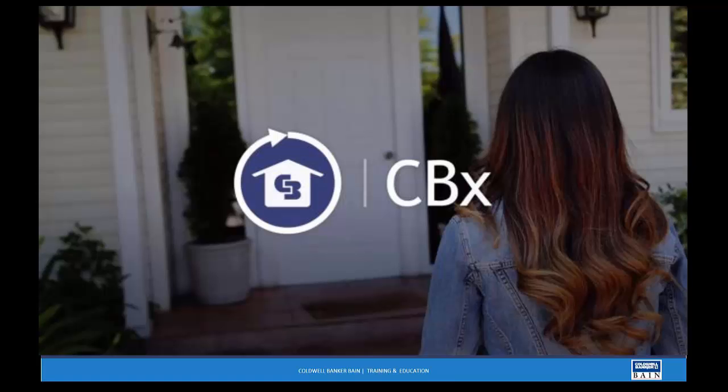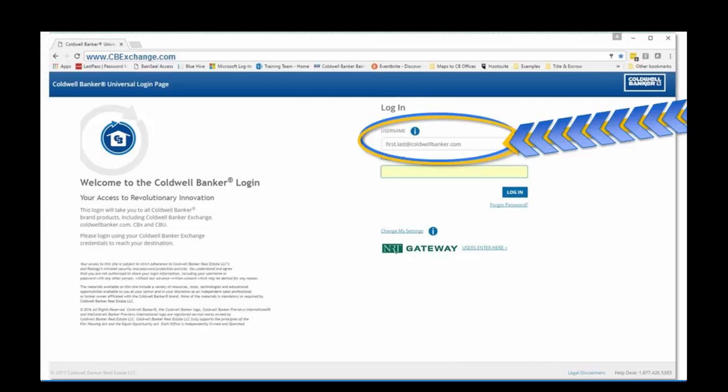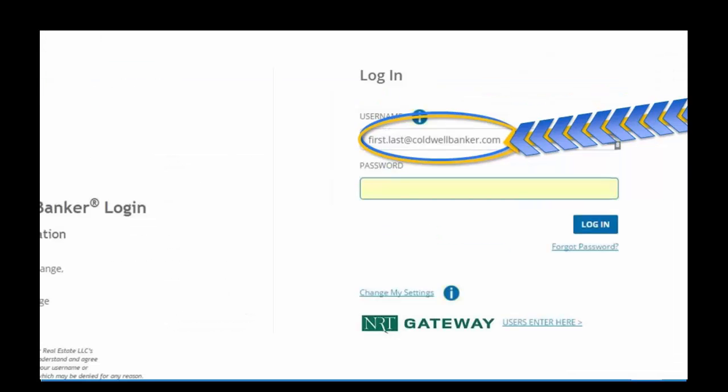So like I mentioned, this is a Coldwell Banker National app. So in order to log into the program, you're going to need your Coldwell Banker National credentials. Some of you may or may not know that those are different than our usual CB Bain credentials. For Coldwell Banker National, your username is typically your first name dot last name at coldwellbanker.com. If for some reason you're unable to reset your password using that username, it's always best to call